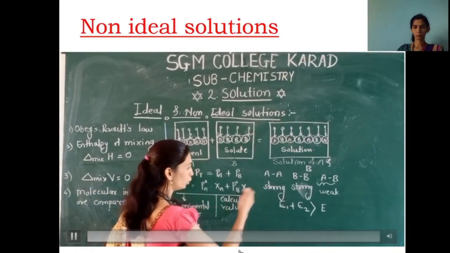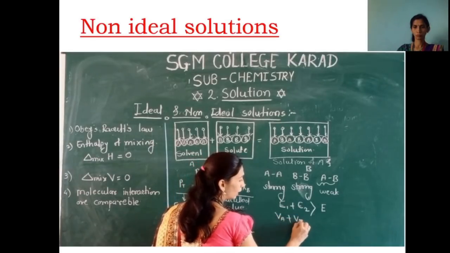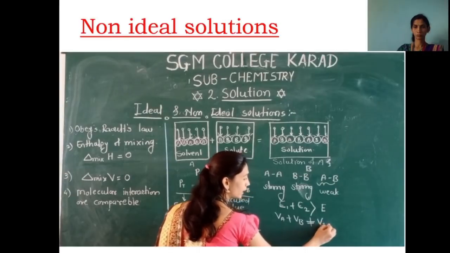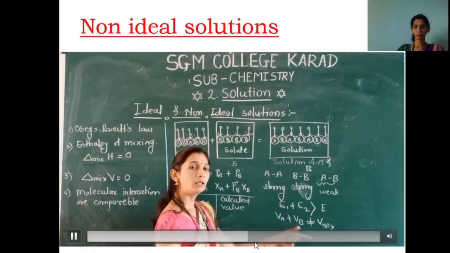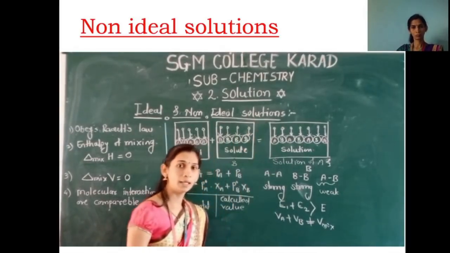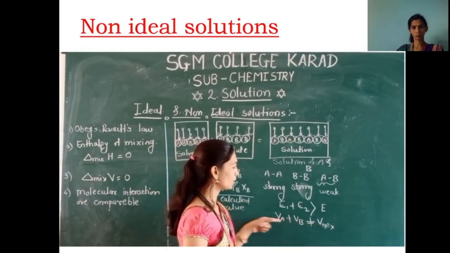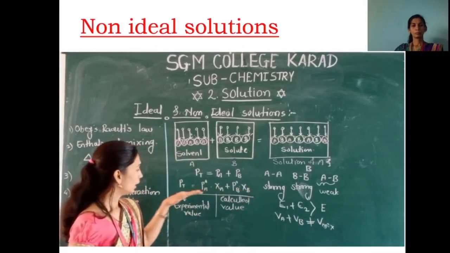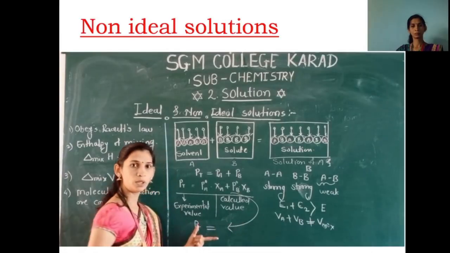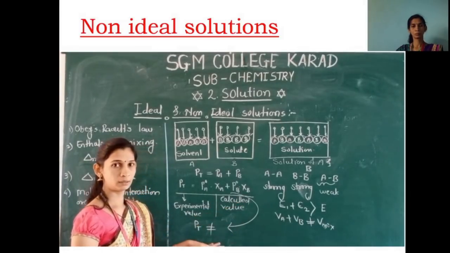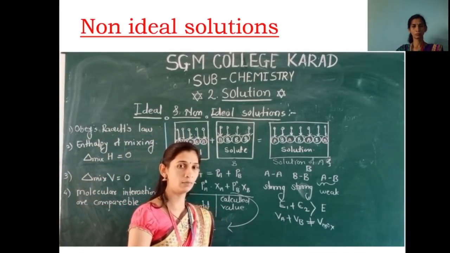If we consider the volume, VA plus VB is not equal to the V mix or mixture, we write as is not equal, then that solution is a non-ideal solution. आता हे जे आपण इक्वेशन्स बघितले किंवा the value of PT is not equal to that equation, from these the non-ideal solutions have two different deviations,